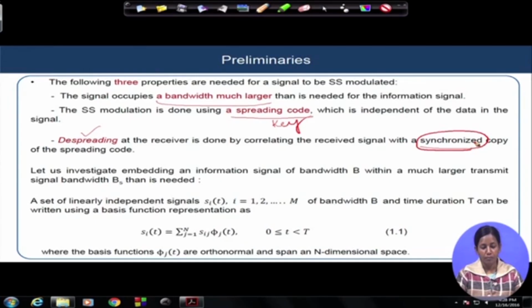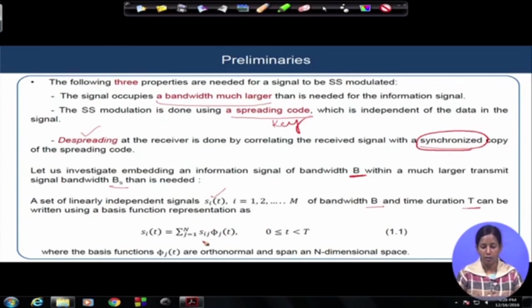We will try to investigate how the information signal, which has a bandwidth of B, is embedded in a larger transmitted signal which has a bandwidth of Bs. So suppose there is a set of linearly independent signals s_i(t), where i goes from 1 to capital M. These signals S1, S2, S3, S4 to SM have bandwidth capital B and time duration capital T. So you can write s_i(t) in the form of s_ij and phi_j(t), in terms of their basis functions,